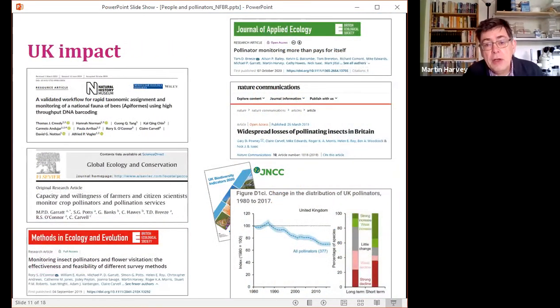Poms has been going for 3.5 years, which is still a fairly short time period in terms of long-term monitoring schemes, but the data is now beginning to accumulate and more analysis is being done on it. Even from the initial testing stages, the information that we've been gathering through Poms has started to feed into various publications, and I don't have time to go into these in any detail today, but as you might expect, Poms is very much hoping that we are gathering data that is of use to research and to conservation